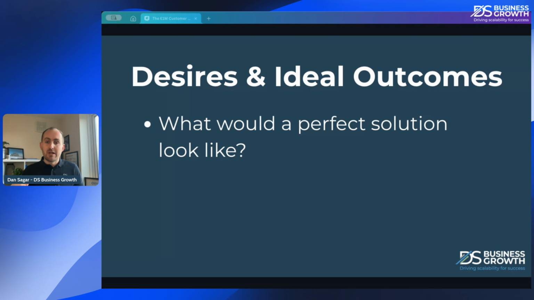And perhaps something a little more trivial compared to what we just talked about here, but I know the florist business down in the southeast, and everything that they do, their whole prospecting customer journey is modeled on what would the best florist in the world do, and therefore they can get to that perfect solution. What does that look like for their end client? And it's something as small as perhaps delivering flowers, significant in some occasions depending what the occasion is for the flowers, but thinking about that perfect solution.